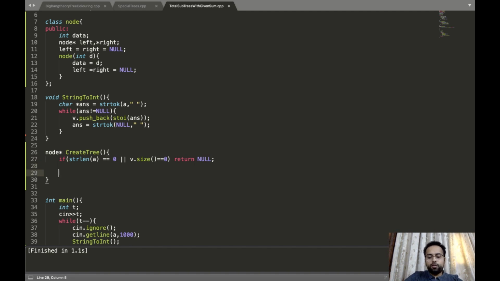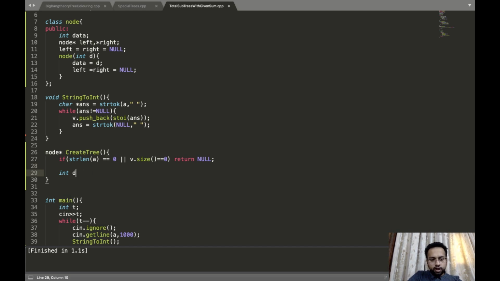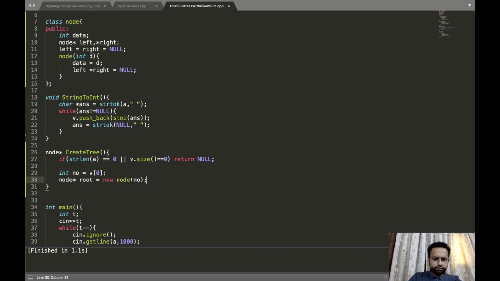The next thing we are going to do is pick one number. The first number is going to be v of 0. I'll create the root node of this particular number. I'll take one iterator i that will start from 1 because we have already considered the first node.